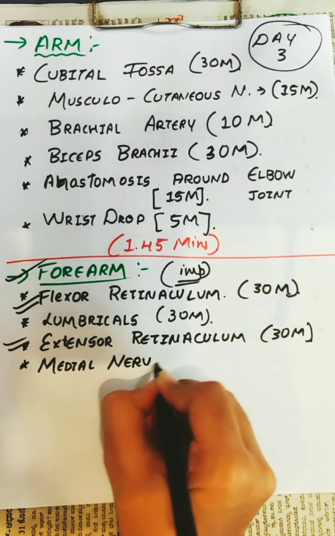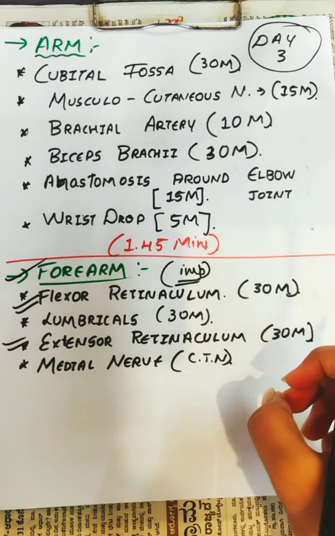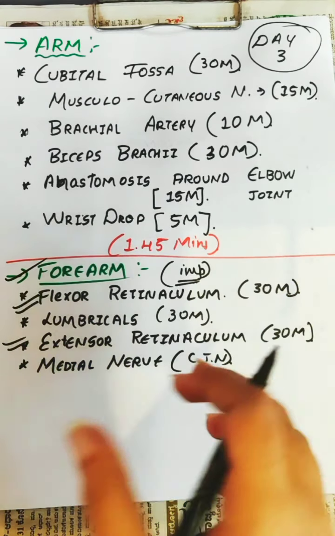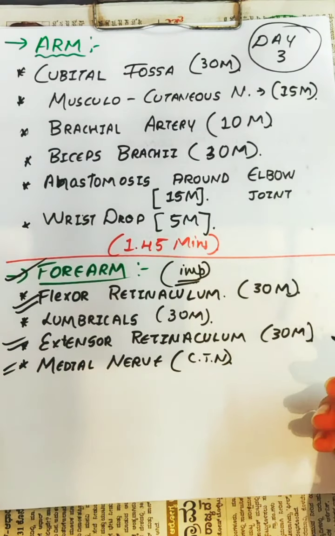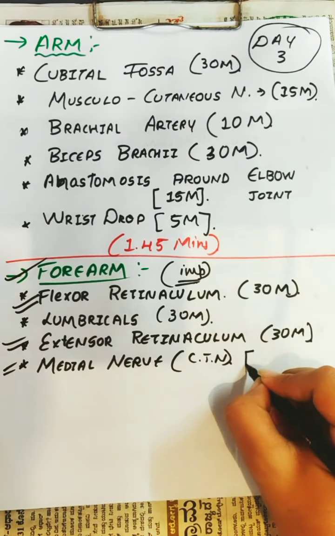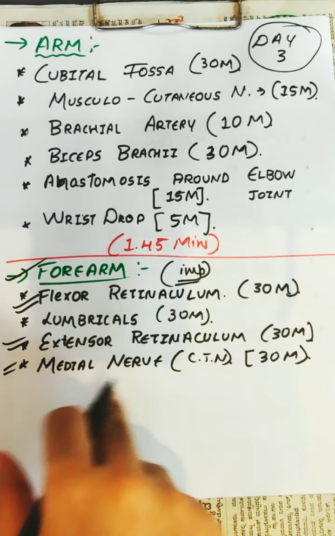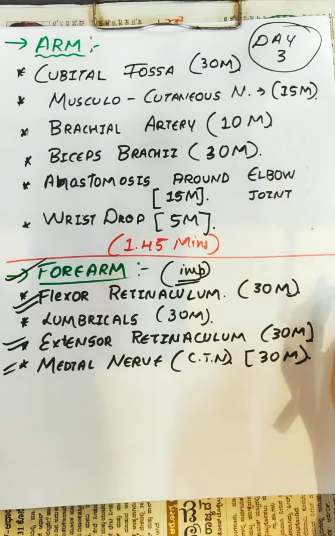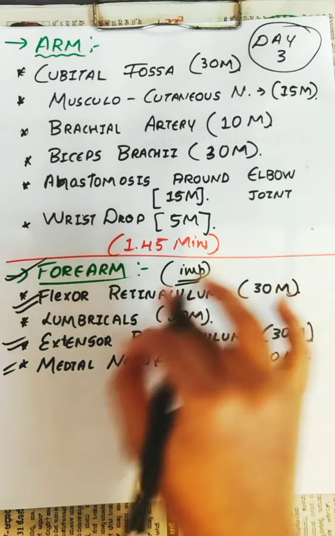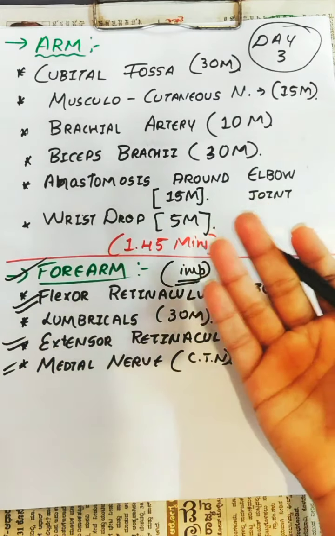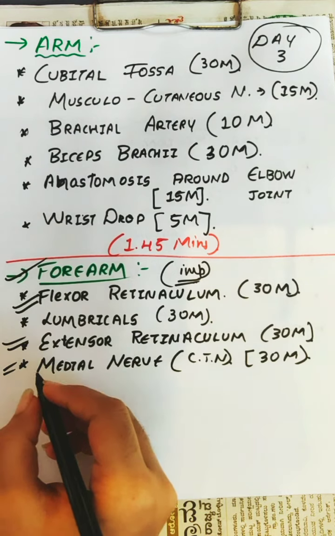Next, study the median nerve thoroughly. About the carpal tunnel syndrome, what happens if there is compression of the median nerve, what might occur, detailed explanation of the median nerve, very very important. This is the 4th question. Take around 30 minutes to complete this whole question. Study the carpal tunnel syndrome, the applied aspects of the median nerve. If there is compression of the median nerve, there might be chances of carpal tunnel syndrome. So study this topic, very important.